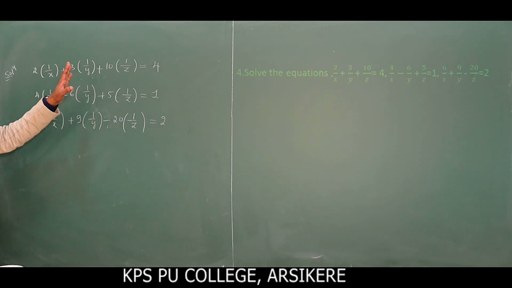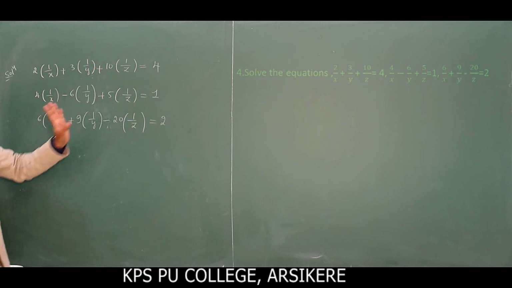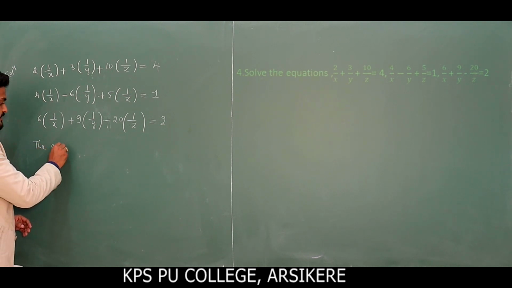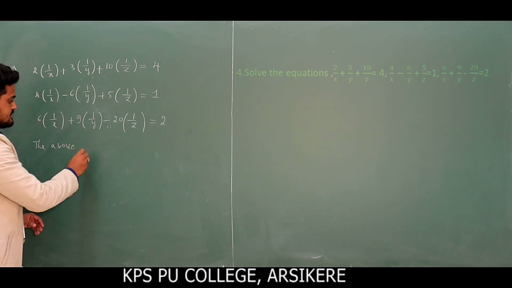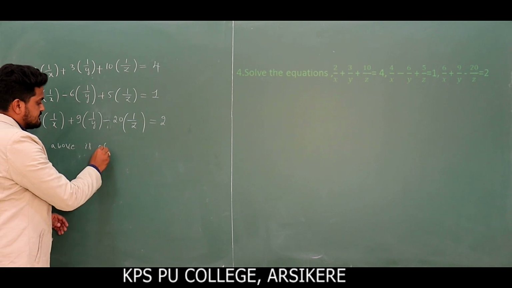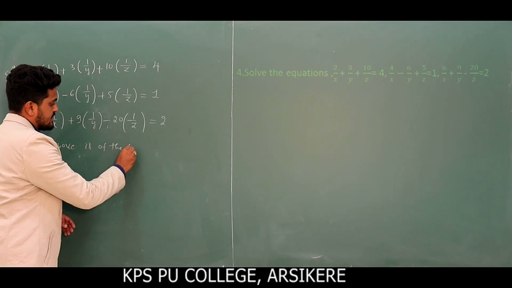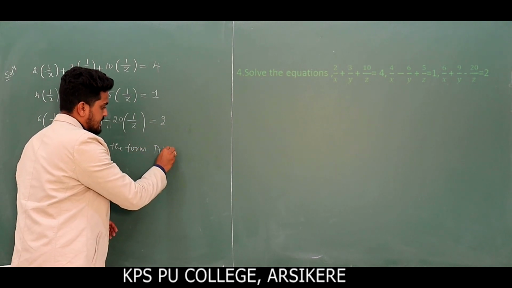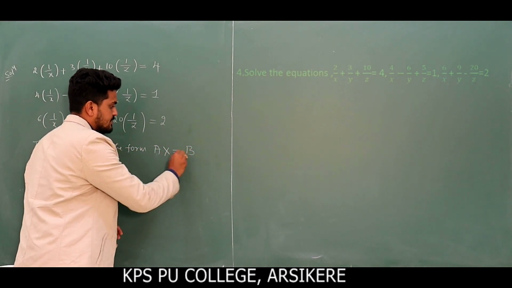So these equations are of the linear form, ax + by + c. The above equations are of the form AX = B,